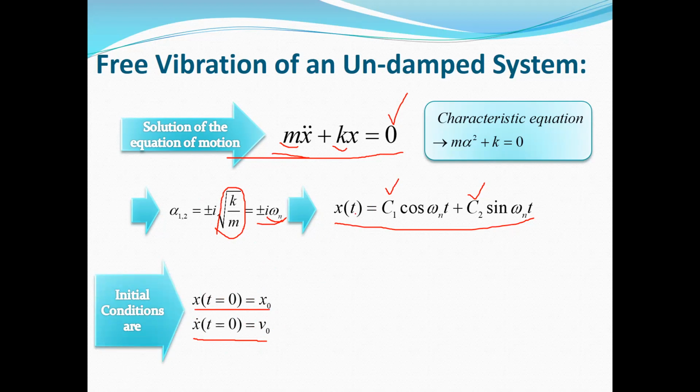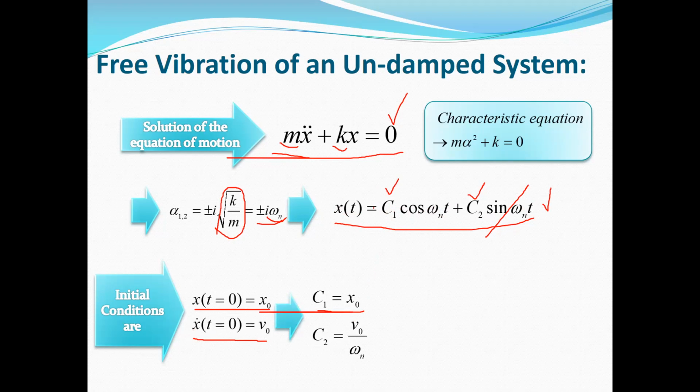At t equal to 0, it means that you should substitute t equal to 0 in this equation for x. When t is equal to 0, the sine term is equal to 0, and we only have C1 times cosine 0, which is equal to 1. So C1 is equal to x naught, as you can see, and C2 will be obtained from the first derivative